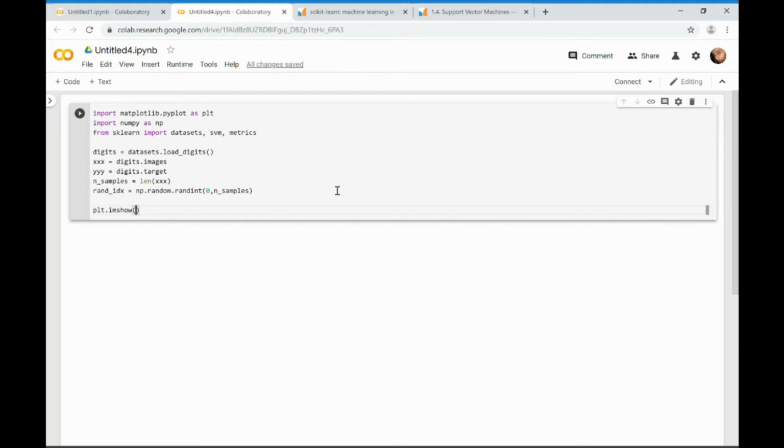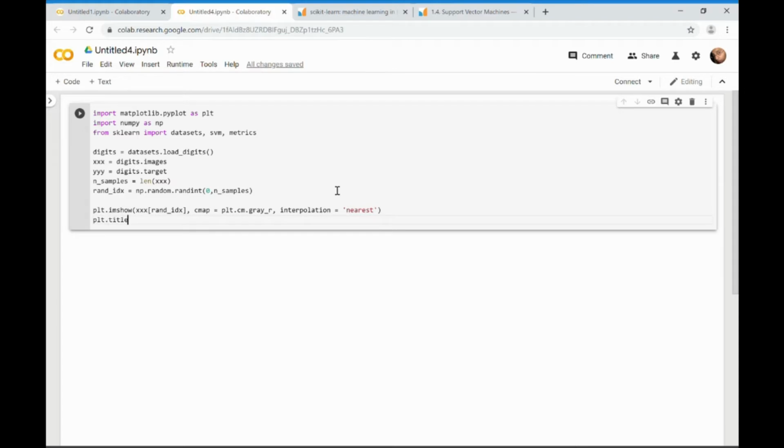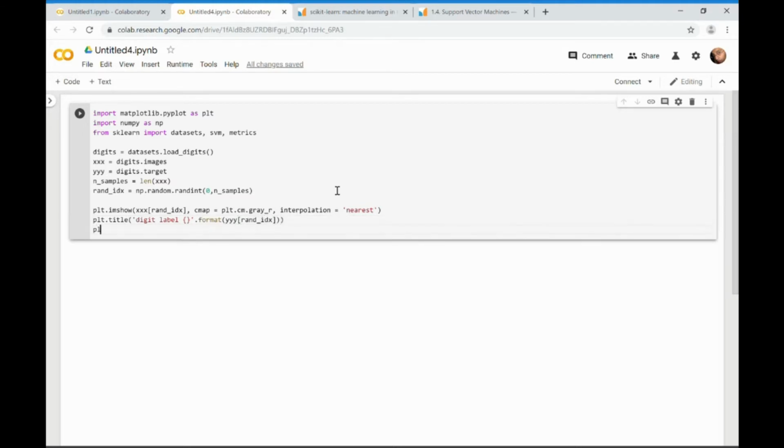Show X, and I want a pretty plot here. CMap, interpolation equals nearest, plt.title, format. So we're going to quickly display one of the random images from this data set, and then we're going to show its label. So if we hit run,